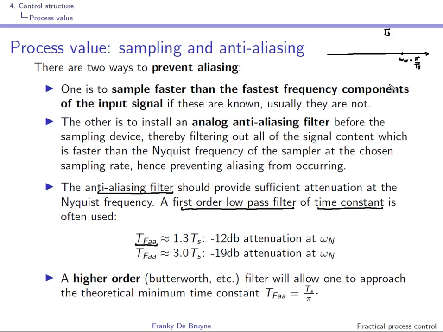So what we have to do is to choose 1 over this time constant sufficiently to the left of the Nyquist frequency. So if you take the time constant of the anti-aliasing filter to be 1.3 times TS, we'll have a cutoff frequency of the first order filter that is 1 over 1.3 times TS, right? And given the frequency behavior of a first order system, what we'll have here is an attenuation, right? And if you use a time constant of 1.3 TS, you'll have an attenuation of 12 dB at the Nyquist